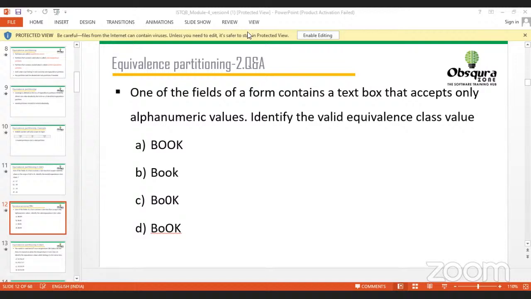Everyone, it is okay, right? C is the correct answer. Anyone has any doubt in this? Alphanumeric concept. Got it, right? Okay. Now,